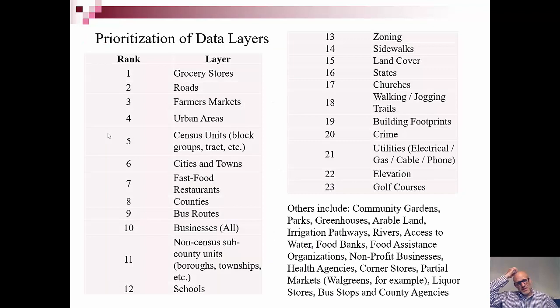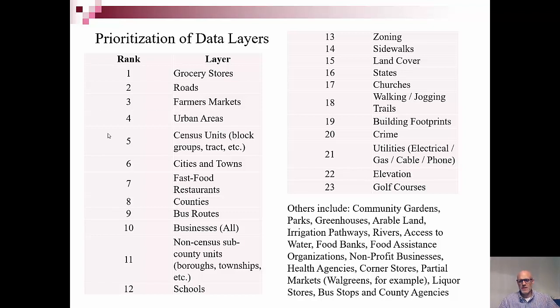So what we did essentially was we just averaged up the scores, and the highest score was ranked first all the way down to the others. And we had some free forms where people were invited to put in some other things that we don't really think of, because you can see what we focus on, but what other people did. So basically grocery stores were the most important. So for people exploring high scale food security research, grocery stores, roads,